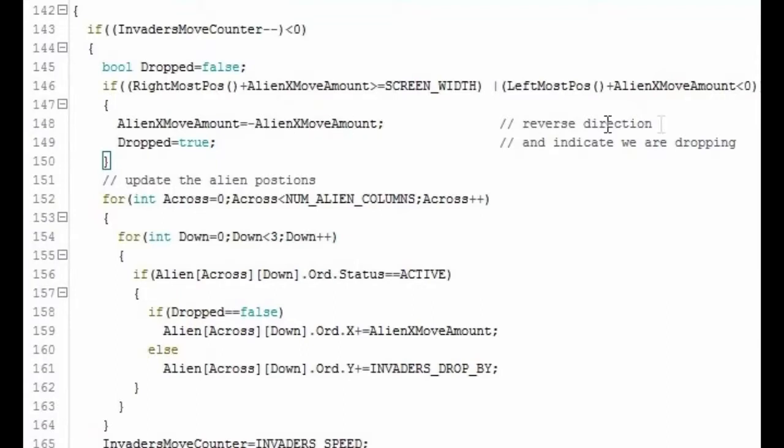minus alien X movement. Now that could sound a bit confusing. If you go to the blog, which is linked below, we explain more fully what negating this means. But basically, if the movement amount was 2 pixels at a time, and we're going to the right, then